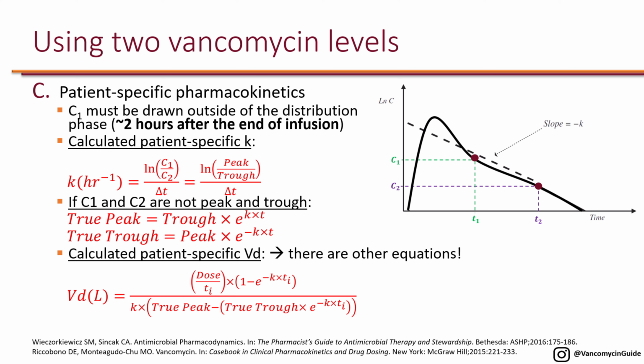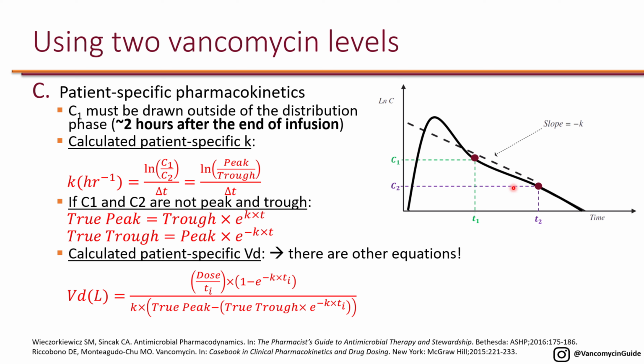This is when we actually get two levels in the patient in order to precisely calculate the slope of the line, which is the negative k. So the k constant. Now for this we need two levels. So the first level is C1, and we have to make sure that the C1 is drawn at least 2 hours after the end of the infusion. So this ensures that the level is outside of the distribution phase so that we get the slope of the